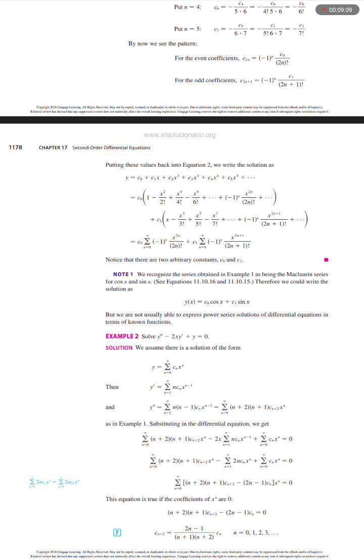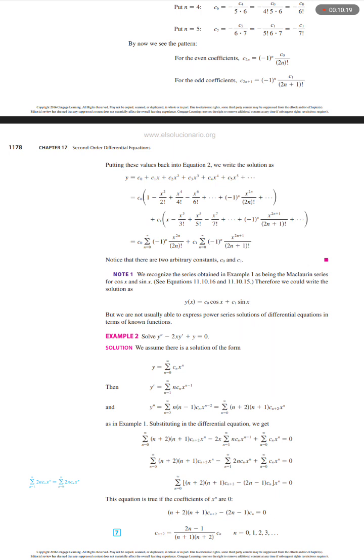1 x plus c sub 2 x squared plus c sub 3 x cubed plus c sub 4 x to the power 4 plus c sub 5 times x to the 5th power plus ellipsis equals c sub naught (1 minus x squared over 2 factorial plus x to the 4th power over 4 factorial minus x to the 6th power over 6 factorial plus ellipsis plus (negative 1) to the power n times x to the power 2n over (2n) factorial plus ellipsis) plus c sub 1 (x minus x cubed over 3 factorial plus x to the 5th power over 5 factorial minus x to the 7th power over 7 factorial plus ellipsis plus (negative 1) to the power n times x to the power 2n plus 1 over (2n plus 1) factorial plus ellipsis)